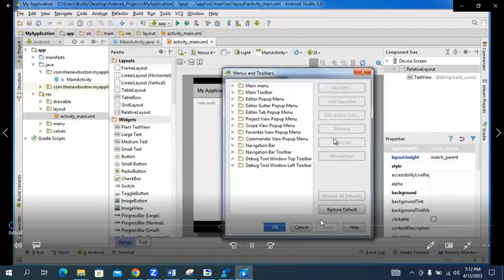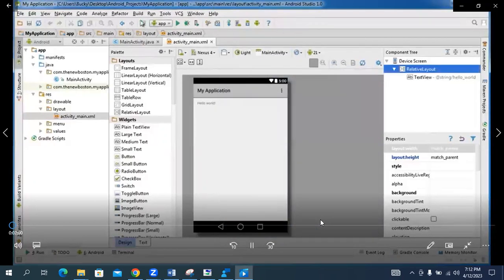Again, you click on them and all of your settings are right here to either add them or remove them from your toolbar. Pretty intuitive. So that's what that little chunk of Android Studio is. Now underneath